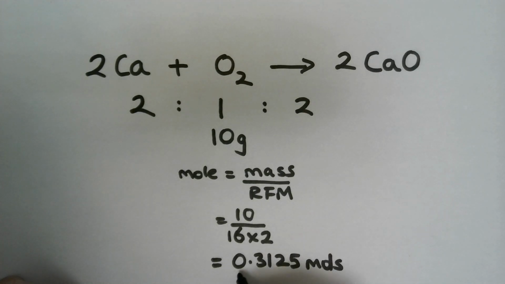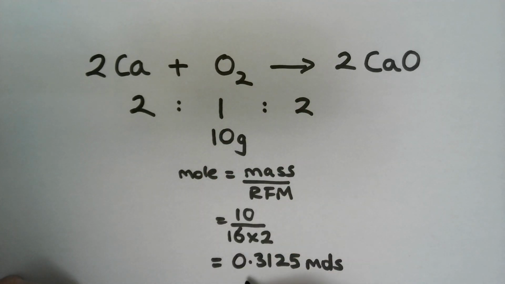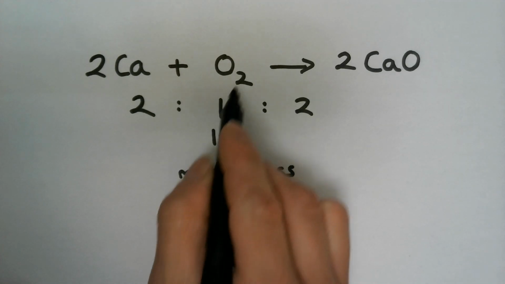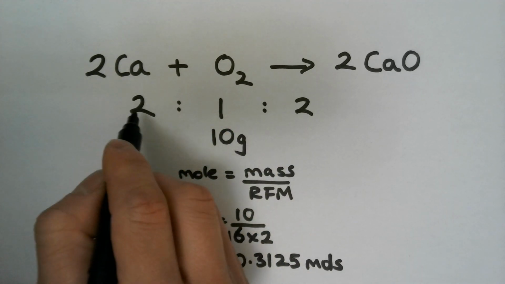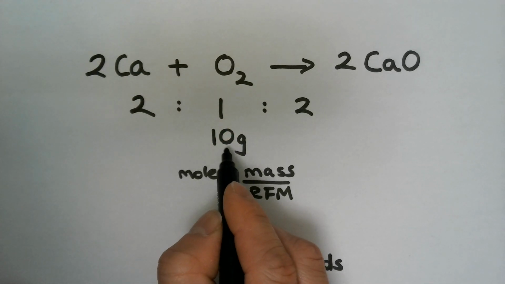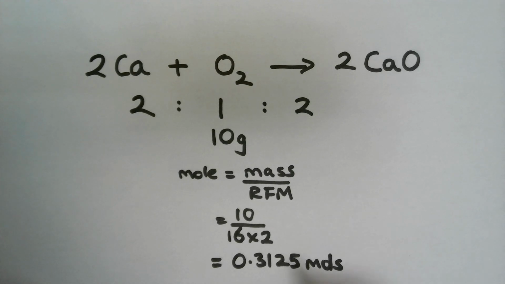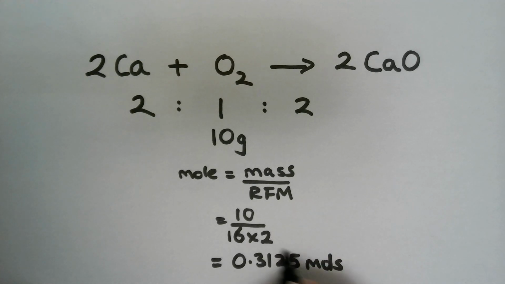Okay, so I've just found out that 10 grams of oxygen molecules is equal to 0.3125 moles. Now, the next thing we need to look at is the ratio or the stoichiometry between oxygen molecules and the other substances. So if I wanted to find out how much mass of calcium I need to react with 10 grams of oxygen, I look at the number of moles. This is the number of moles of oxygen molecules. This is a 1 to 2 ratio, so I need twice as much of this